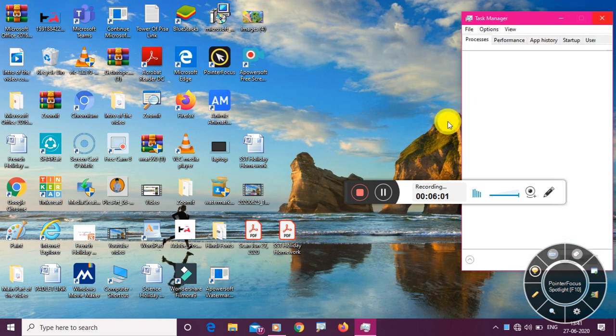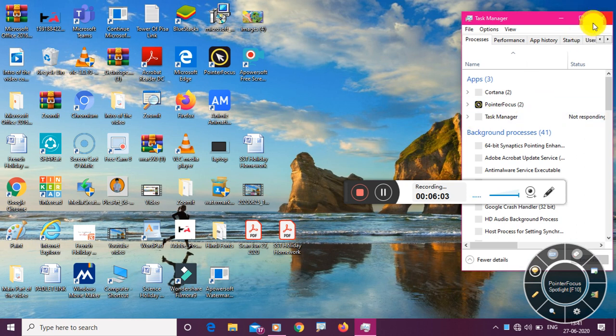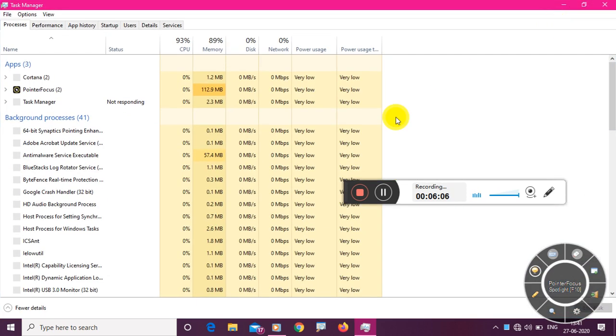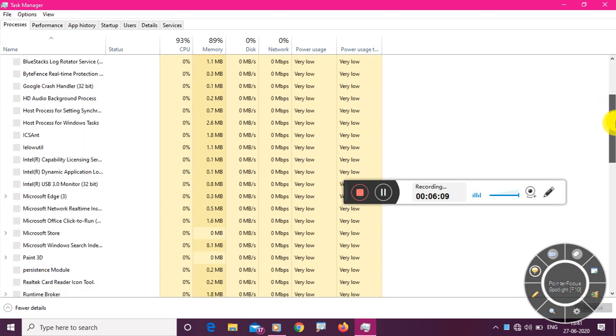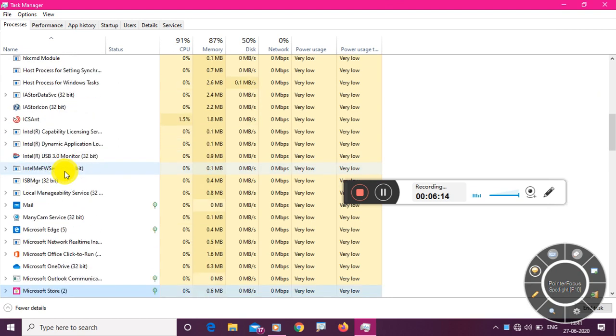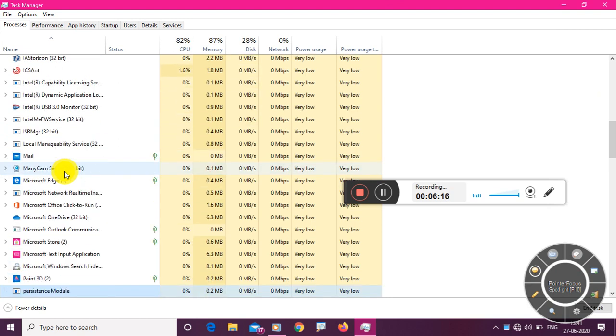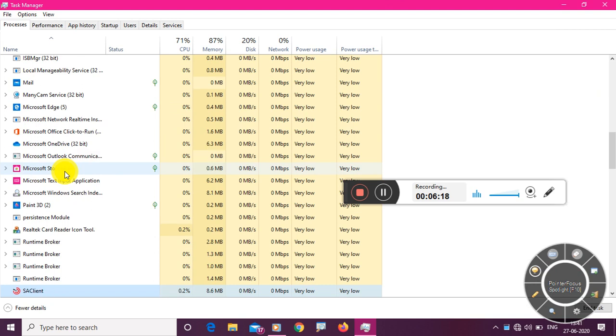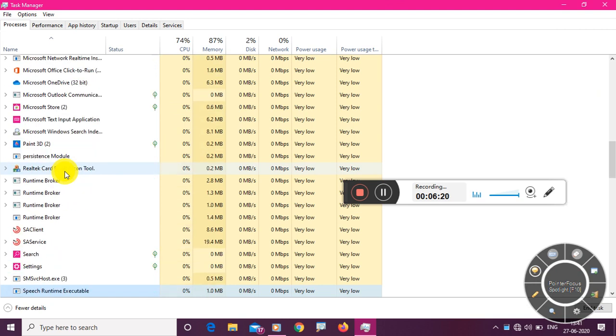So let's wait for Task Manager to open. So here it opens. Now you'll scroll down and find where is Windows Explorer. So the moment you find Windows Explorer, you'll click on restart.